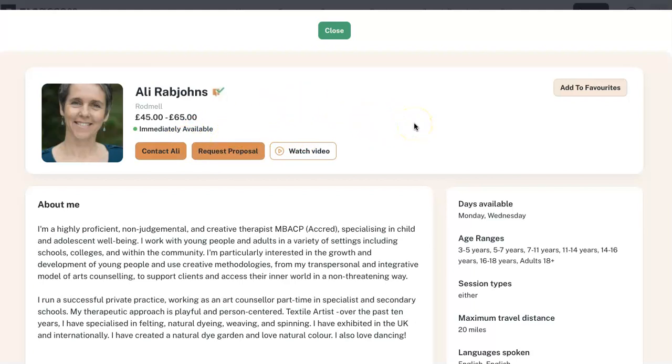But if I do click on request a proposal, she will then get that initial sheet that you saw me create earlier with the basic details of Joseph's case, and then she can send back a proposal, and that might say I can support Joseph with 6 sessions of CBT, just for argument's sake, and here is how much it will cost you. You'll then get an email generated through the system from Ali,